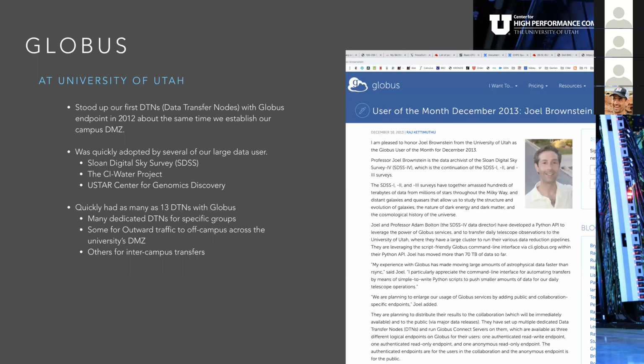Quickly after we set up these DTNs, we had some of our large data users adopt them in a large way. One of the largest was the Sloan Digital Sky Survey, SDSS. Within a little while, they were the user of the month, December 2013, because of the amount of data that Joel Brownstein, the head guy there, was moving. And then also the CI Water Project, and later the USTAR Center for Genomics Discovery, started using Globus